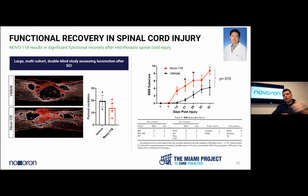And so one of the interesting things we saw with Novo 118 treatment is that cavitation was reduced when we used Novo 118. We don't know why. We're still trying to work through that. We're working with Jay up here on the right to try to figure out what the mechanism is behind that. Completely unanticipated finding, but it's cool. So anyway,